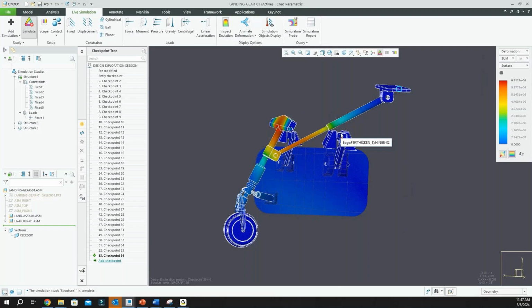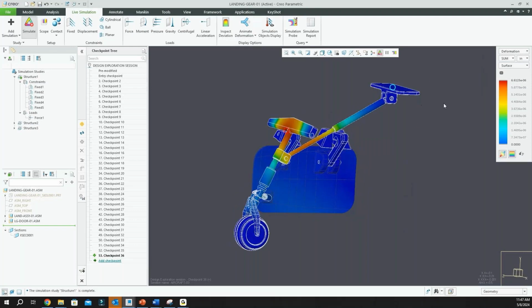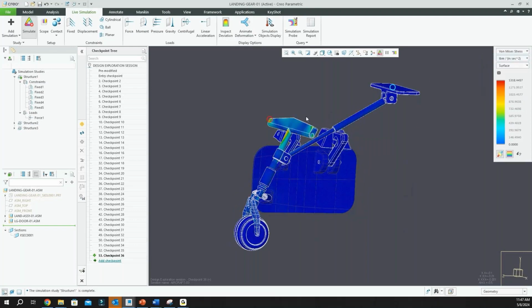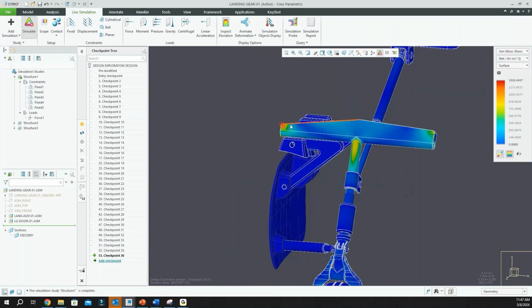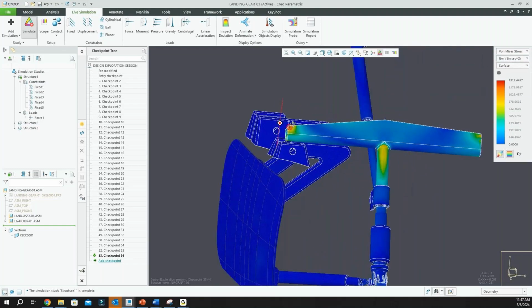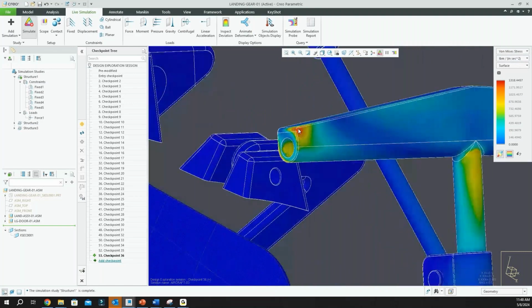It's just that in this specific scenario with the forces that I applied, it's exaggerating it, but in actuality, it really isn't that big of a problem. Okay, so let's go back to the stress here. What I love about CSL is that I can go in here, and I can probe this